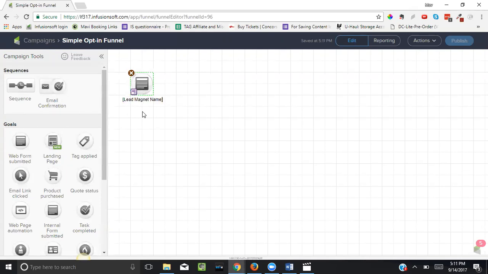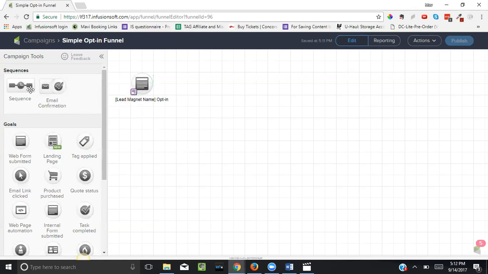So we're going to call it lead magnet name opt-in. The reason you're going to do that is because the integrations are going to look for a list name, and some of you may want to look for a tag. What you're actually going to look for is this web form, the actual named and published web form. I can show you the integrations in a different video, but for now, let's go ahead and create the